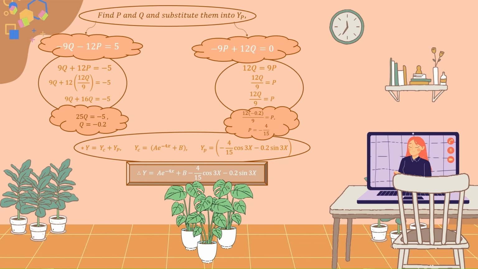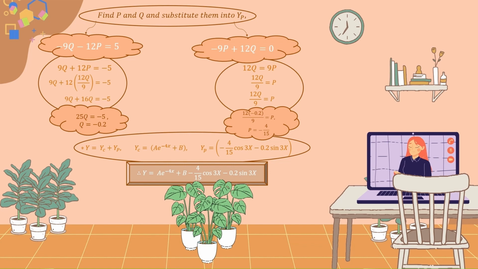So we can look back to what we have gotten. We know y equal to yc plus yp, and yc equal to a e to the power of negative 4x plus b, and yp equal to negative 4 over 15 cos 3x minus 0.2 sin 3x. So by substituting yc and yp into the equation y equal to yc plus yp, we will get the general solution,